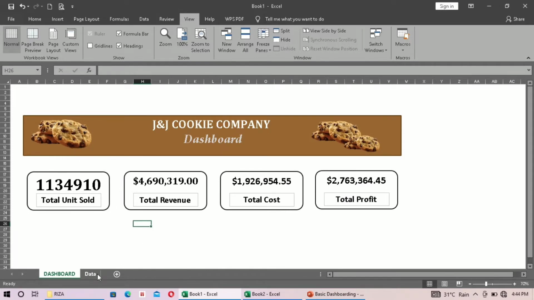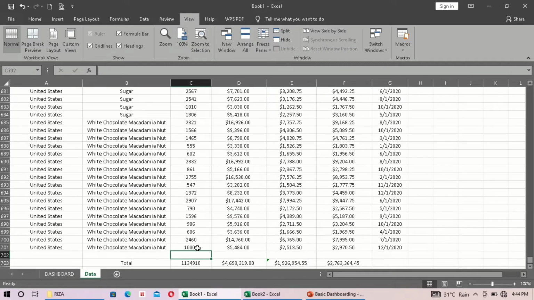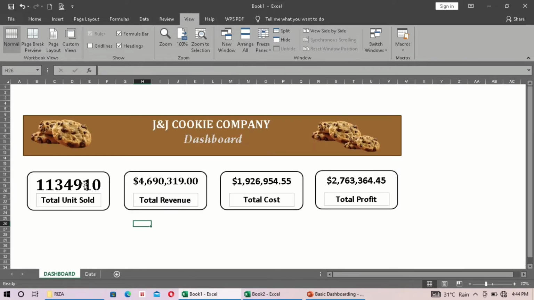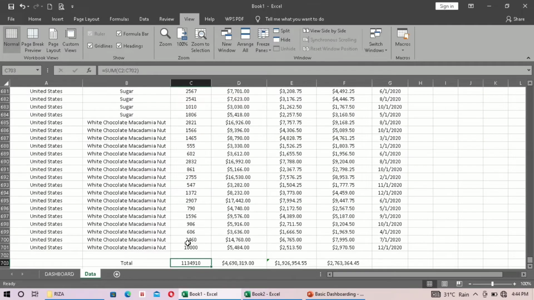So you can see here that our data from the dashboard is linked on our other sheet. All right, 4910, 4910. Okay,